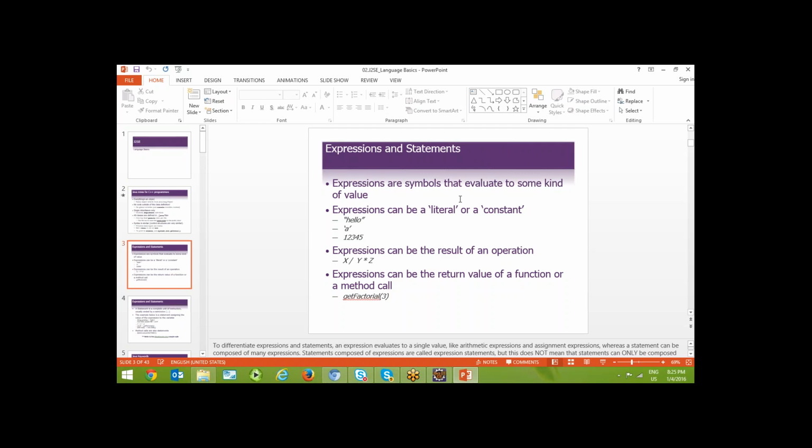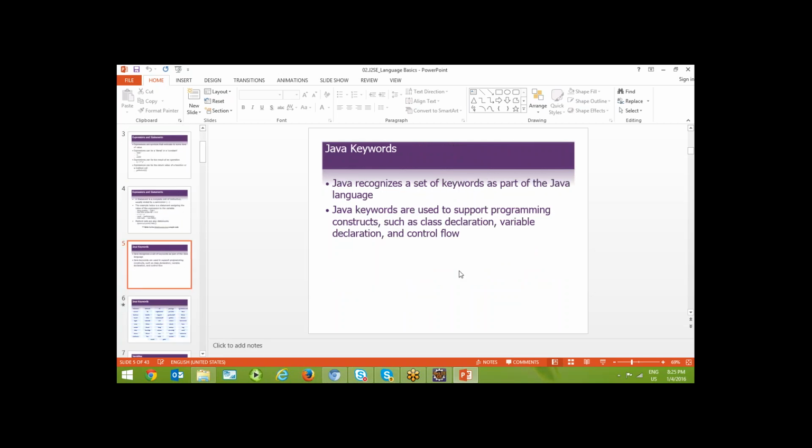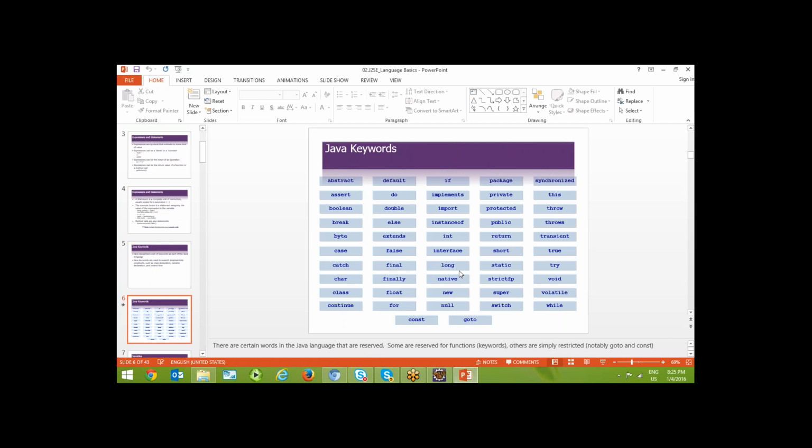So first, what is an expression and a statement? Every line in the program is called a statement. And whenever you form some expression to evaluate something, that is called an expression. Every statement should end with a semicolon. Keywords are a set of words, each with a specific purpose. We have to make use of those keywords only for that purpose. We cannot change the definition of any word from this list of keywords.